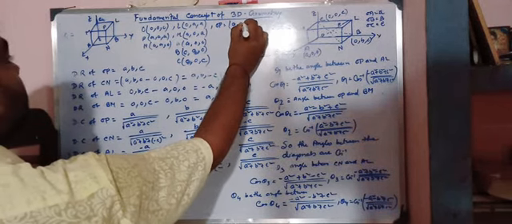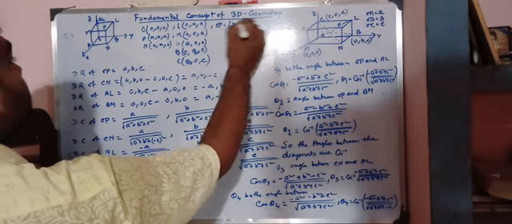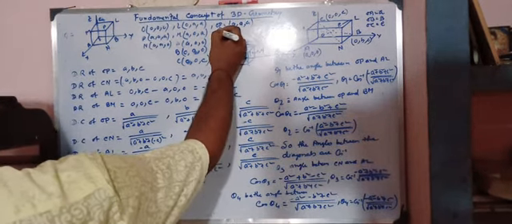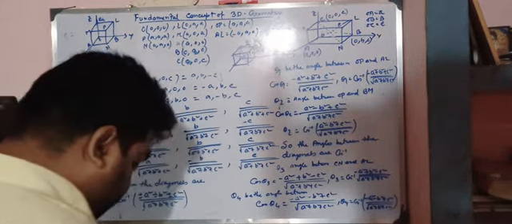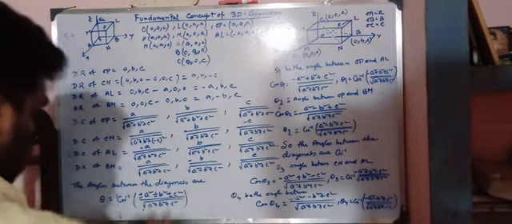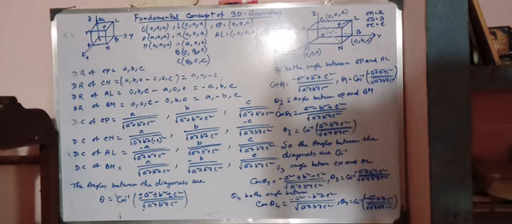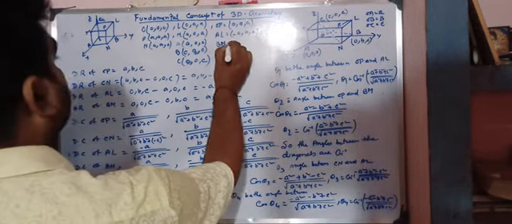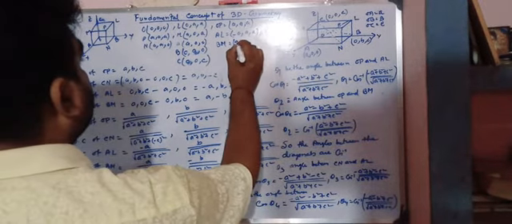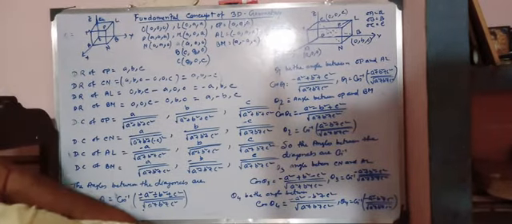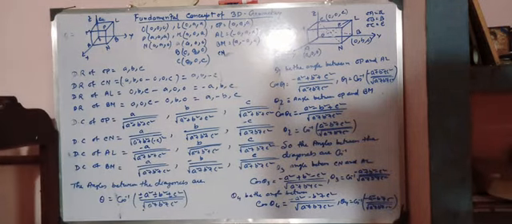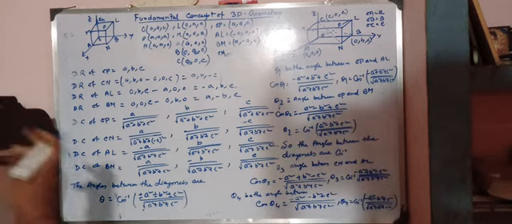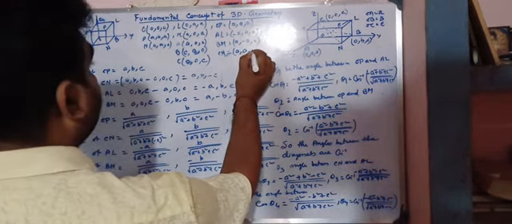Now the direction ratio of OP is A, A, A. These are the direction ratios. The direction ratio of AL is minus A, A, A. The direction ratio of BM is A, minus A, A, and the direction ratio of CN is A, A, minus A. So we can easily find the angle.